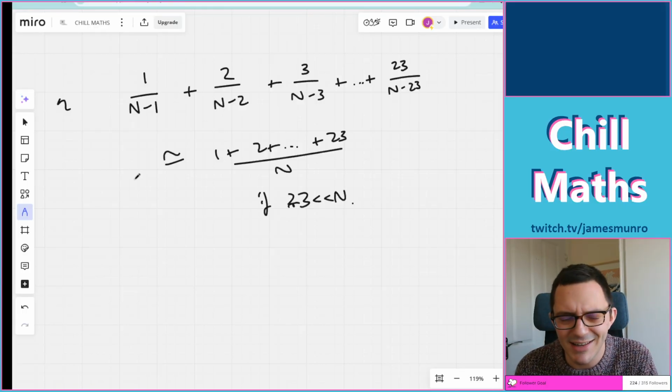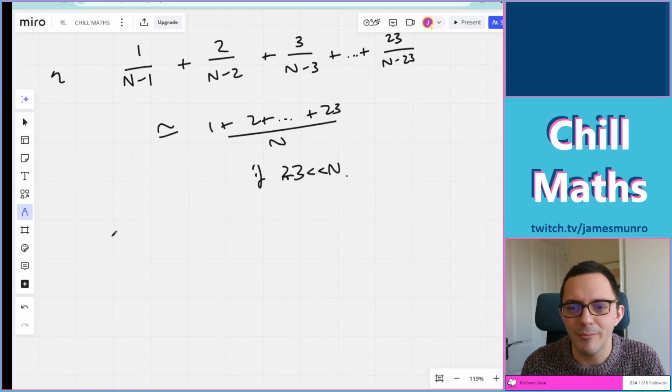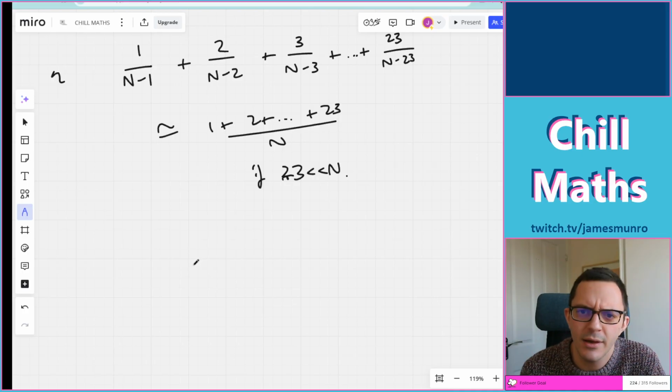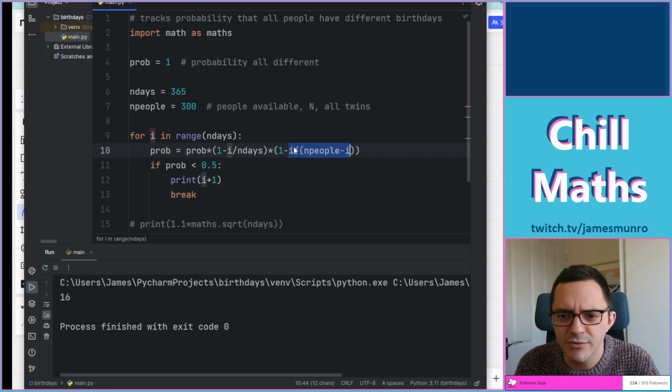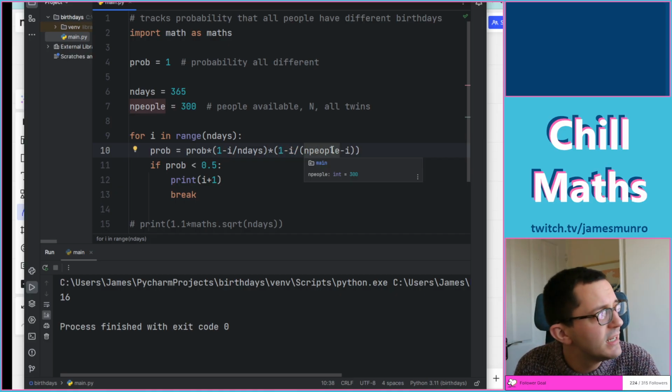Obviously, one implies the other, but I think the probabilities we've written down all make sense. Sort of thing I should go and worry about afterwards. Yeah, okay. What we've actually got is a whole bunch of terms like this with 1 minus i over n days, and these ones I'm treating a little bit like they say 1 over i minus n people. It's slightly more subtle for the twins because